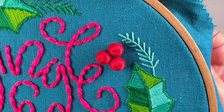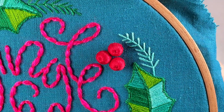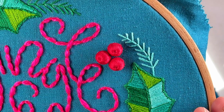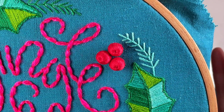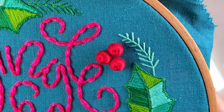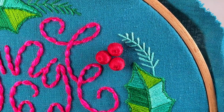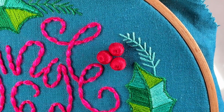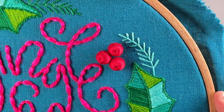So now I will knot that, and I've got all those threads in the back, and I'm happy with where my berries are positioned. So I can make sure those are all knotted enough, and then I can trim them. And then that, lovely stitchers, means that is the end. We are finished with this fun Christmas stitch along, this Christmas hoop,